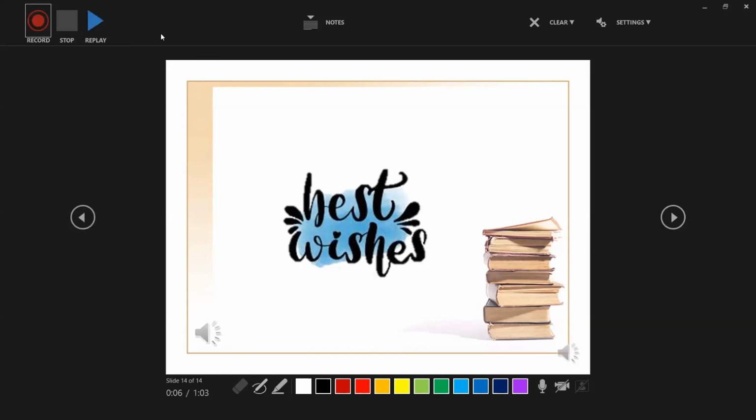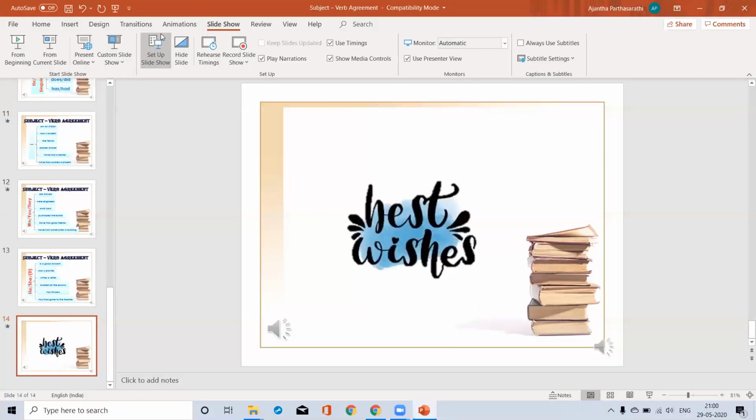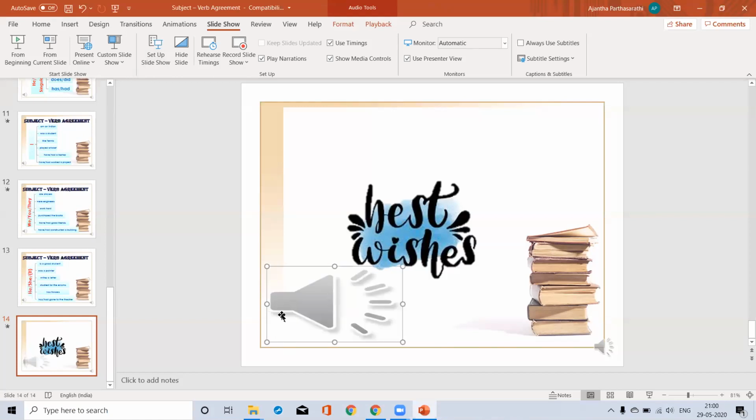I am clicking escape button to come back to my slides. See, in this slide, we are seeing this voice audio. We can see it now, right? We are seeing this icon which shows we have given some voice for this slide, which did not exist before this.